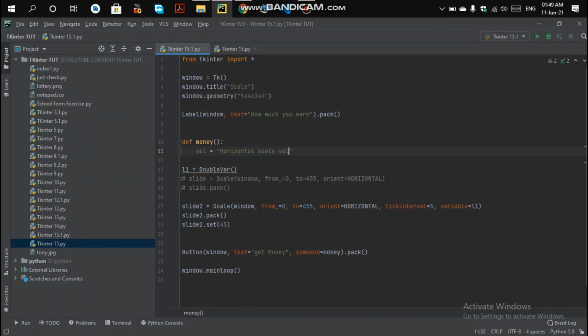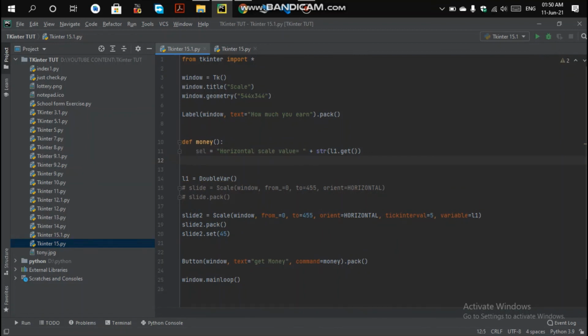We get the values, converting to string format with str for typecasting. We get the values from L1, so we write L1.get, using the get method.